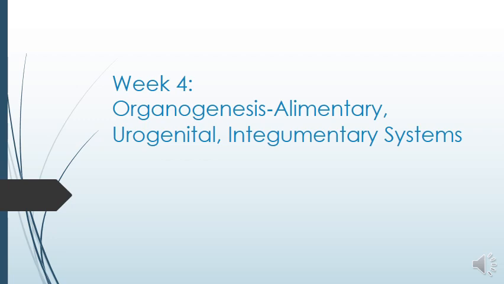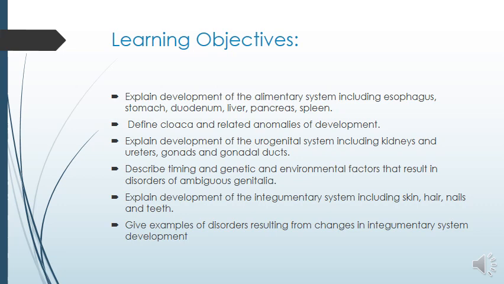This is week 4, organogenesis of the alimentary, urogenital, and integumentary systems. The learning objectives for this week are to explain the development of the alimentary system, including the esophagus, the stomach,